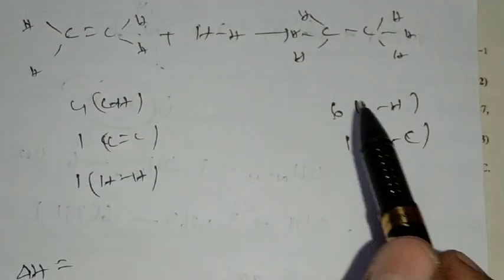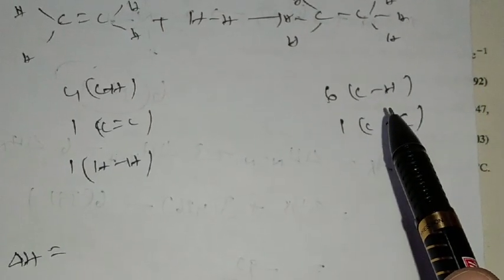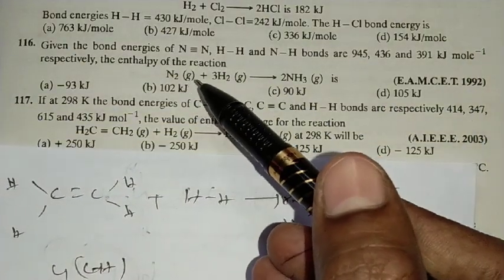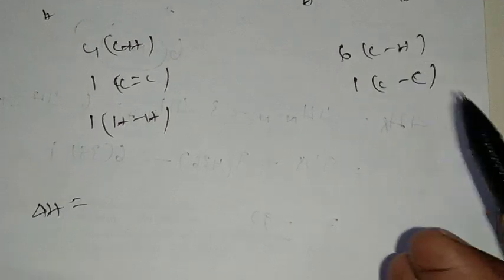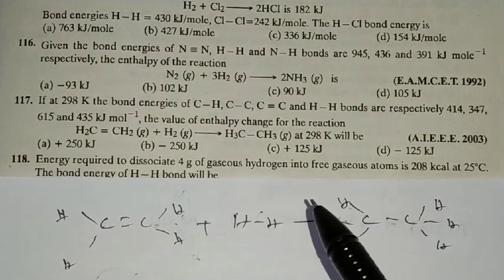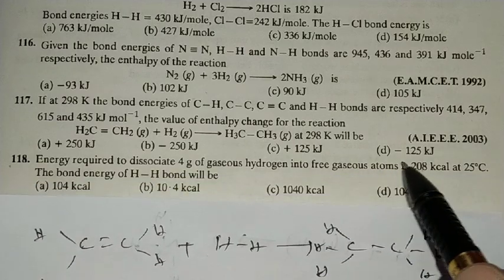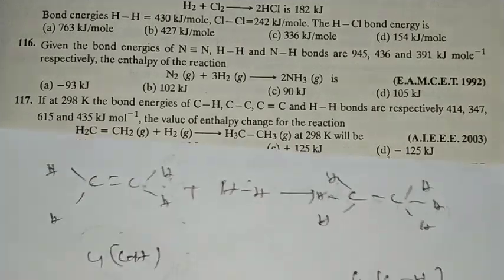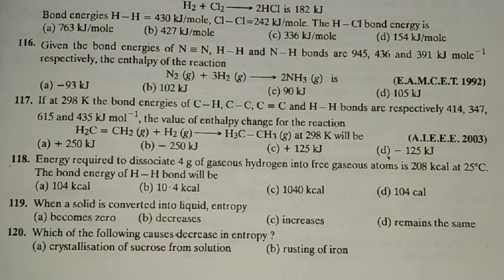Is it clear? So now delta H equals what we get here? Bond energies of reactants minus bond energies of products. Already left side 4 C-H bonds and right side 6 C-H bonds. Is it okay? So here if you observe, just like the above model, what we did in the case of 116, same procedure. So reactant bond energies minus product bond energies, do identify that. You will get minus 125. This is the answer. So just check it, you'll get the same procedure. Is it okay? Right. Look at the next question.